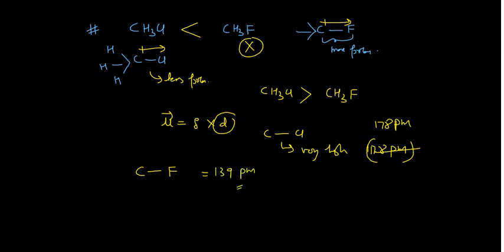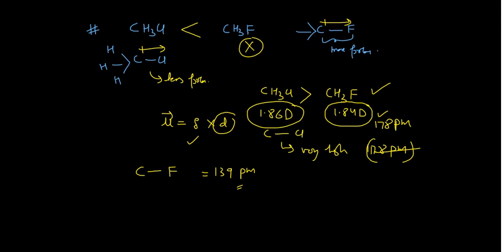However, the electronegativity difference is also there, but in that case the bond length of 178 picometer is quite high. When it is quite high, that means this will have the higher dipole moment. It is reported that methyl chloride has somewhere around 1.86 debye of dipole moment, while this species has 1.84 debye. Though the difference is very, very small, you should know this: methyl chloride actually has the higher dipole moment due to the higher bond length. So this is very, very important.